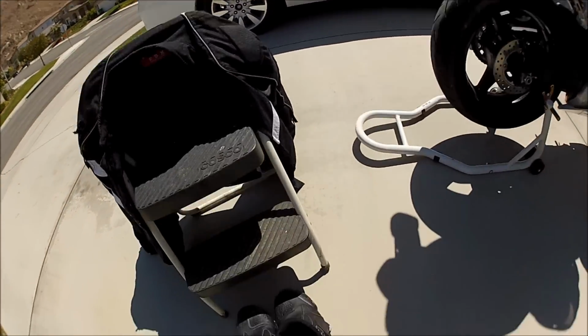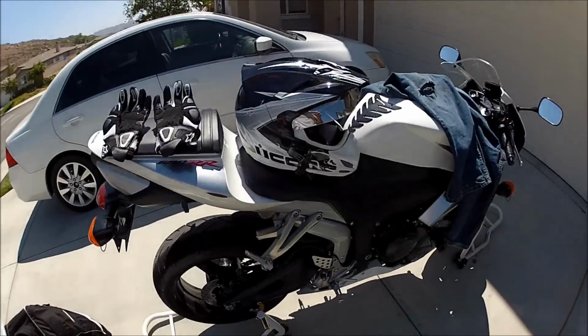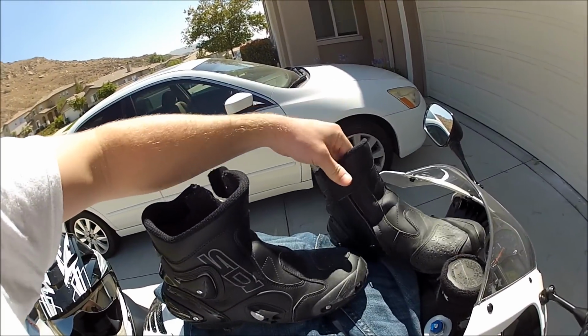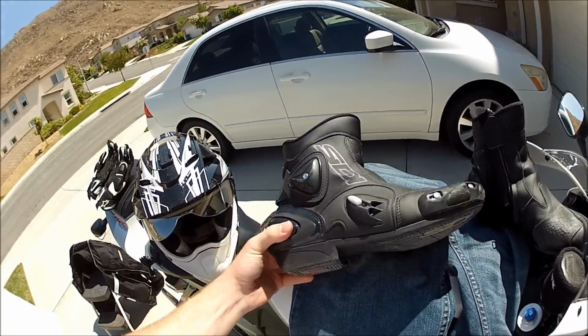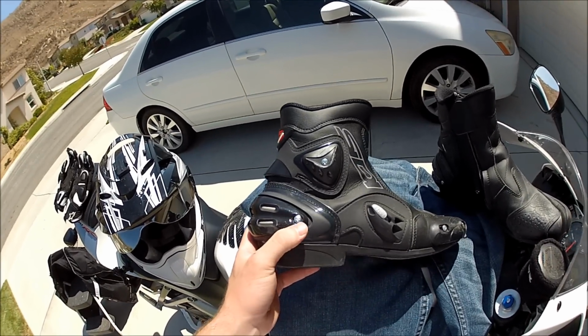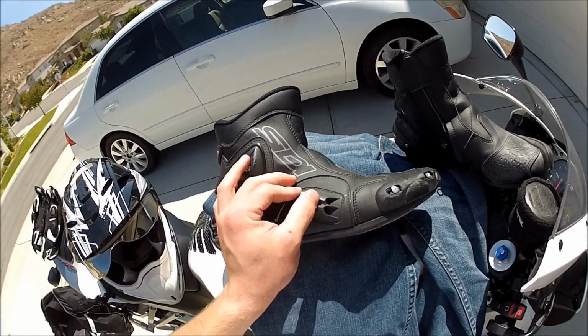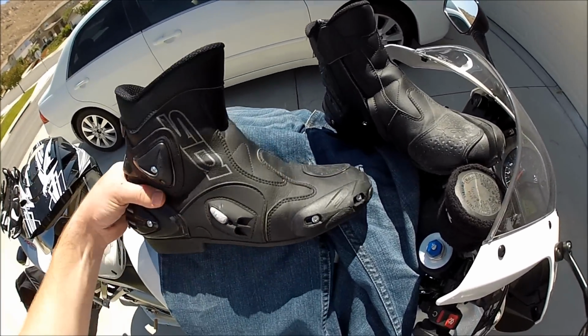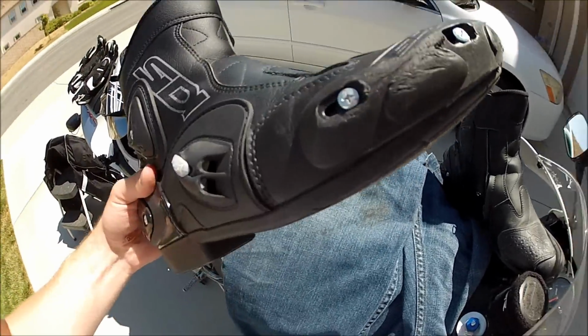Pants, jacket, gloves, and then my boots. $250 imported leather Italian boots. Yeah, right. These are the CD Apex boots, what I got not too long ago. Didn't feel anything on my feet, so a little air vent still works, and they're a little tattered up, but